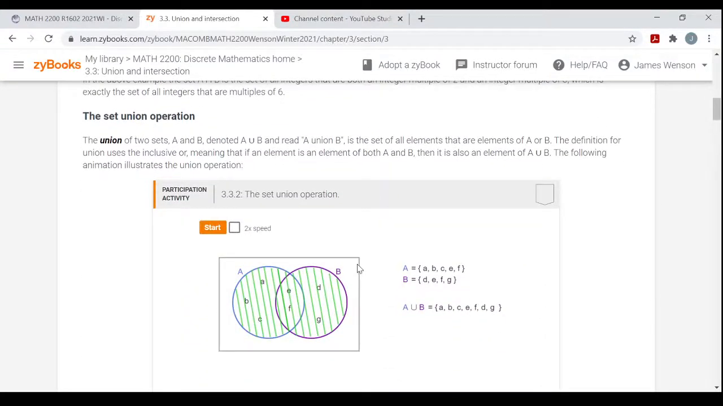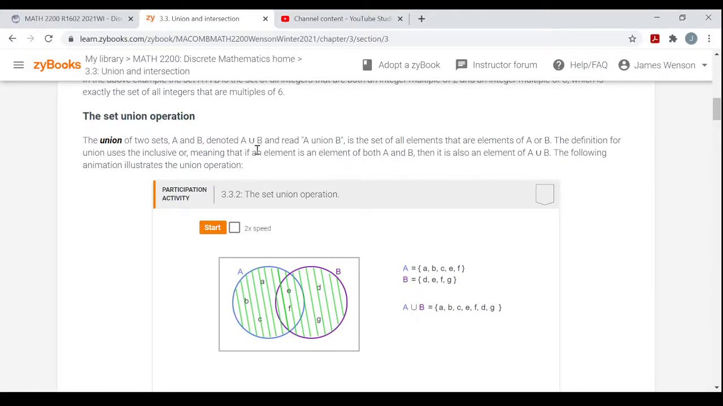Then you have the set union. The union of two sets, A and B, denoted A union B. It's just a regular old U symbol, think about it as U for union. This is like the disjunction operation in logic. Remember that inclusive or. An element will be in set A union B if it's in either set A or